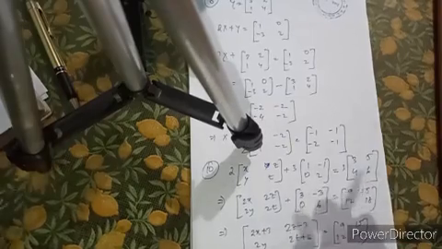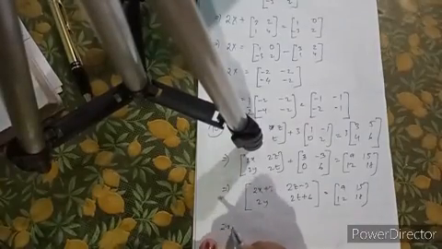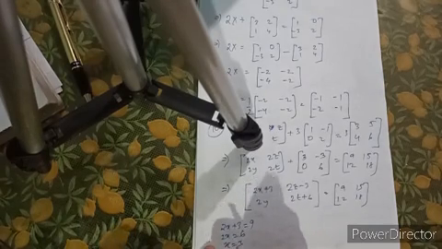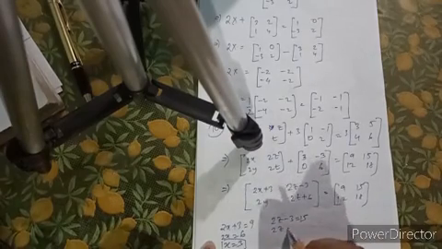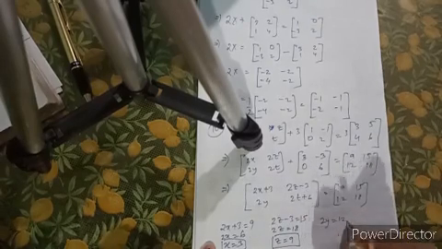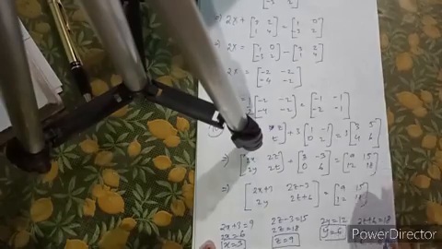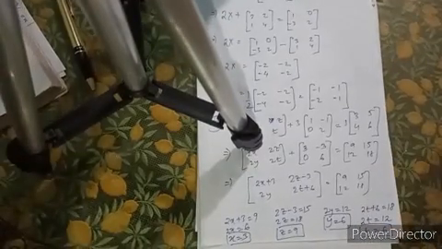So here comes the concept of equality of matrices. Now you can compare your matrix. So 2x plus 3 will be coming as 9. So 2x equal to 6. X value is coming as 3. Then 2y minus 3 will be 15. 2y equal to 18. So y will be coming as 9. So 2z is given equal to 12. z will be equal to 6. Then 2t plus 6 equal to 18. 2t equals 12. So t is coming as 6. So in this way we are finding the 4 variables. Okay.